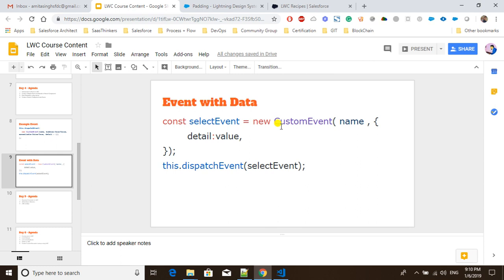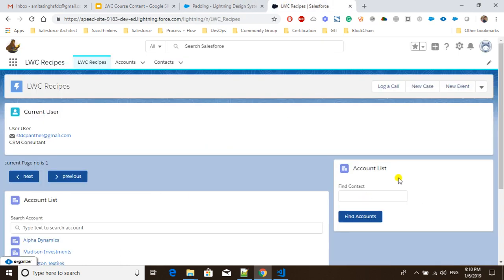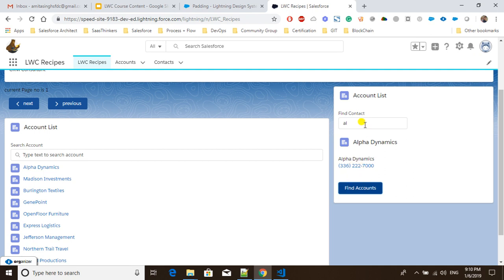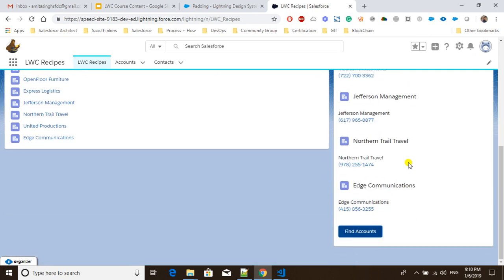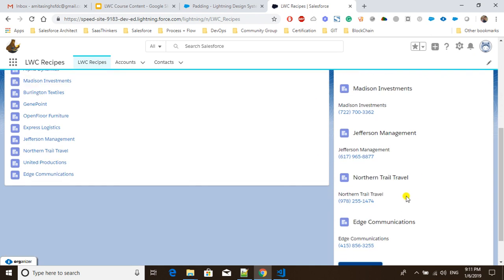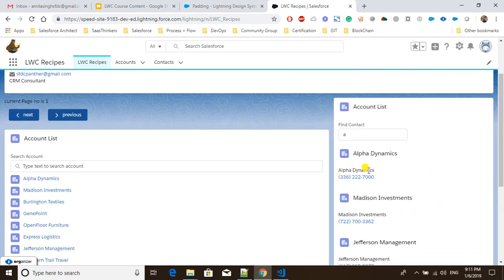So let's go to Visual Studio Code and see how it is working with the data. To show this example, as you can see, we are able to see the list of accounts here. Let me type A. As you can see, the list of accounts is coming from the child component. So we will implement the on-click functionality, and on click we will display the details like name and phone. Here we will only show the account name, that's it, and we will also remove all these things. So let's go ahead and first work with